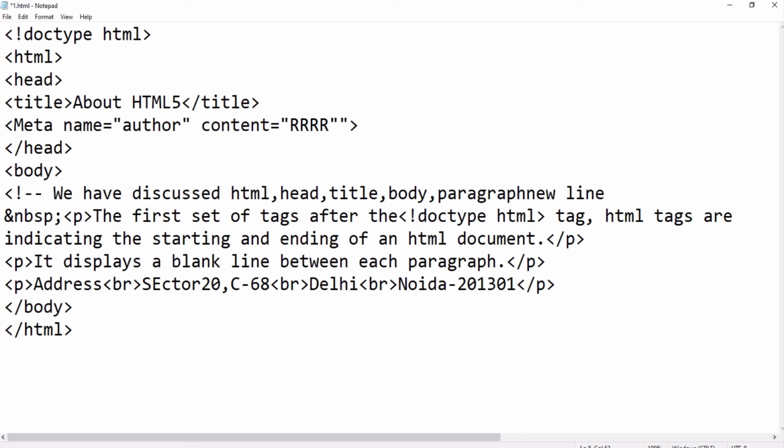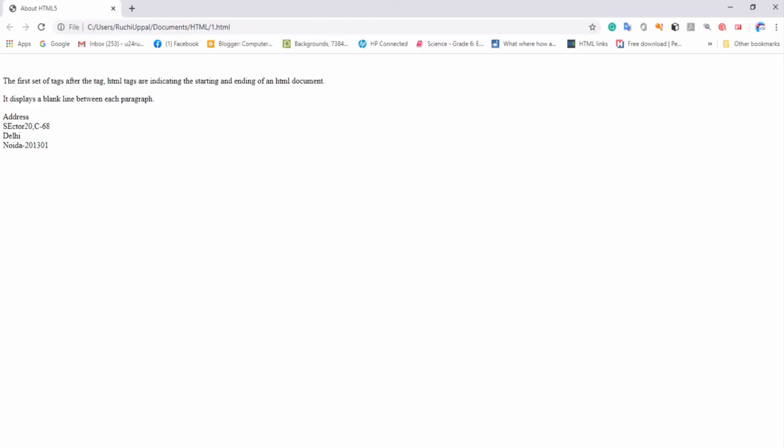These tags. So let me close this comment also. How to close it? Look here, like this. Control S. You will see it is not going to come over your browser window. Here it is not coming.